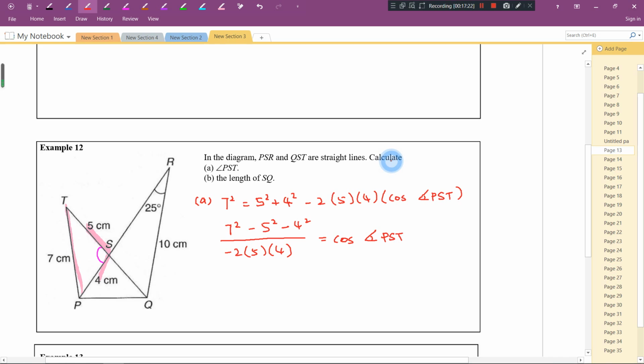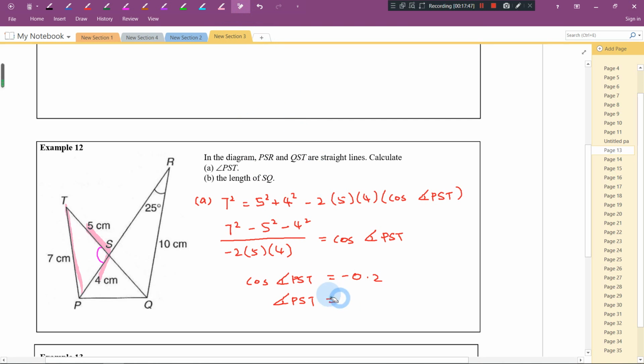Let's press our calculator. 7 square... so the cosine angle PST is equal to negative 0.2. So angle PST is equal to,